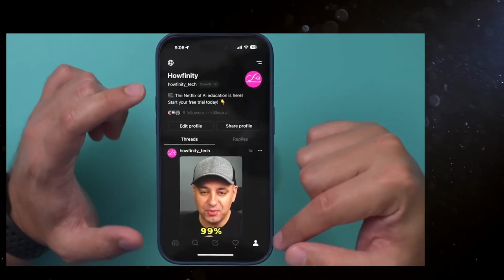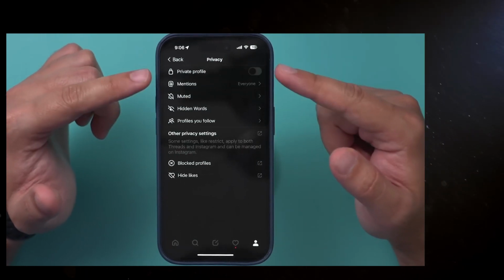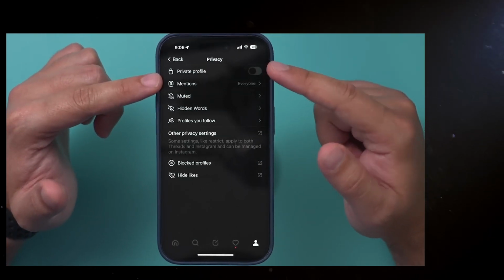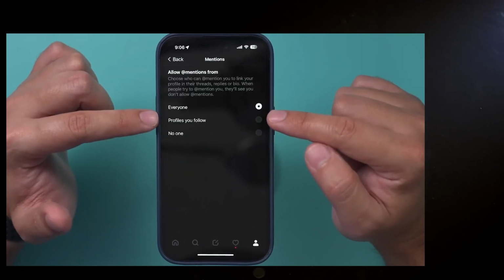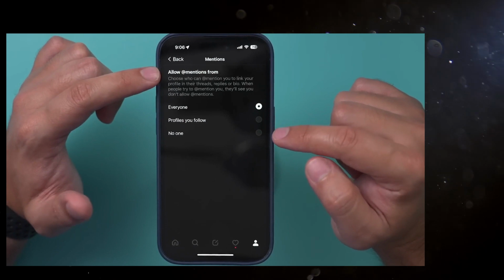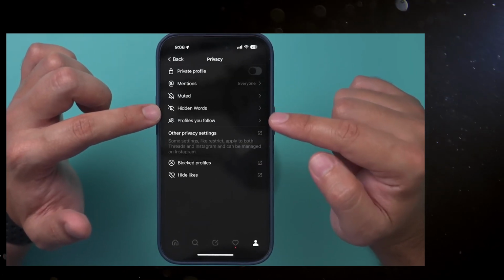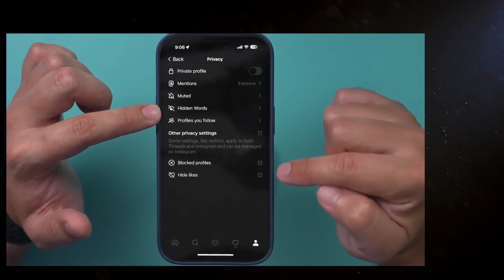On your profile page, you also have this globe option right here. Those are your privacy options. So to make your account private, that's over here. Here, anyone could tag you by default, but you could change this to profiles you follow, or no one could actually use the mentions. And you have some other privacy options that are useful. So you could add hidden words, so those won't appear on your account. Your block profiles, anyone